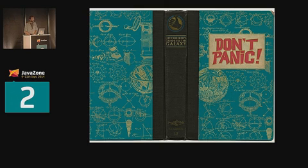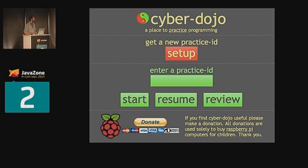Whatever you're doing now is a good place to start. We can all get better, and we get better by trying new things out and practicing. For practicing, I would like to recommend to you Cyber Dojo. Has anyone here used Cyber Dojo? Not very many. Okay, so if in your company you have a culture of learning,